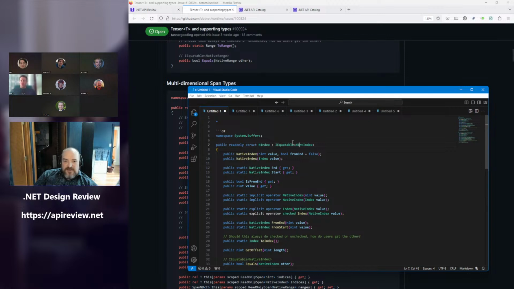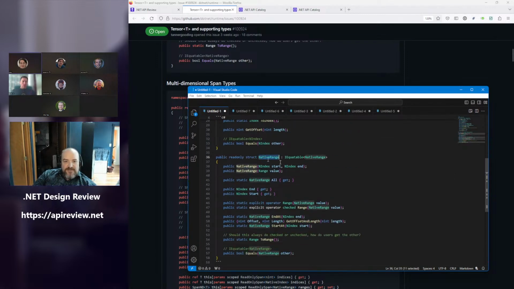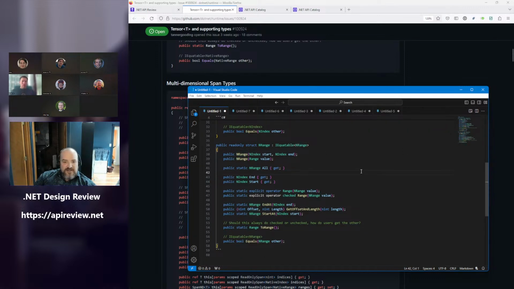All right. So anywhere that says native index, pretend it says nindex. Oh wait, I can actually just fix this. We have that technology. And anywhere that says native range, nrange. Right. And then please tell me no one wants to use a different prefix on this one. And then presumably that means that if we added a span that uses native length, it'd be nspan, I guess.